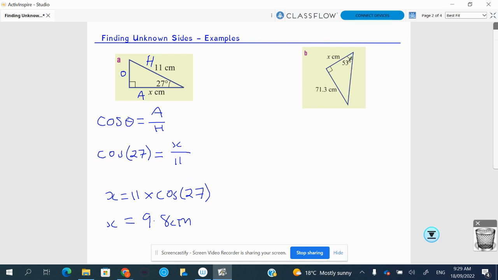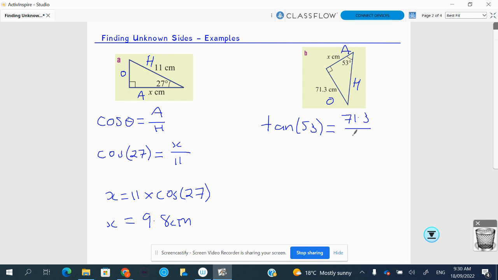Let's do another one. Label the sides. We've got our opposite, we've got our hypotenuse, and we have the adjacent. So the two sides we're interested in are O and A, so that is tan. So tan of theta, which is 53, equals opposite over adjacent, so